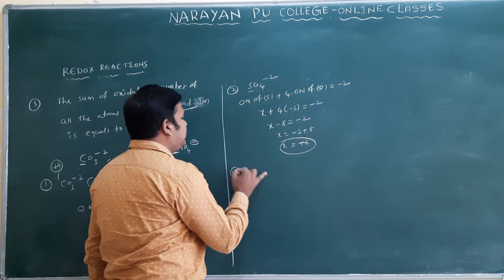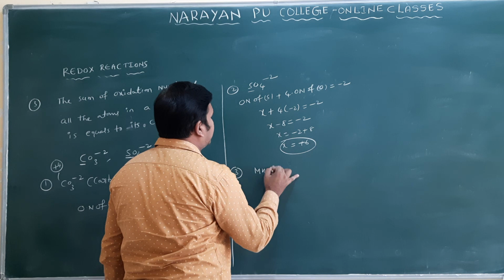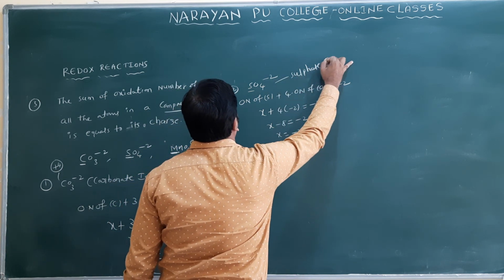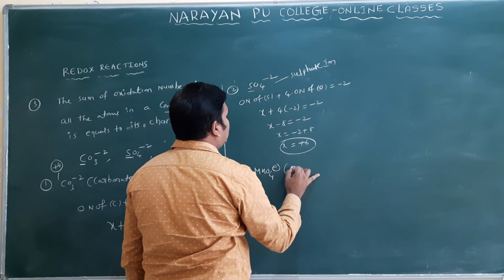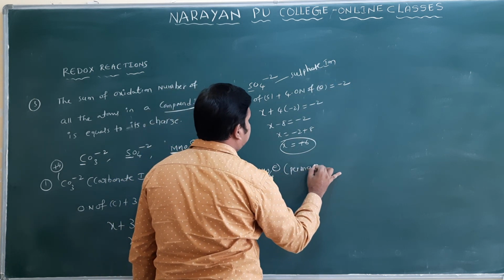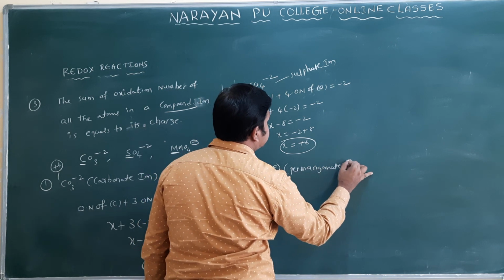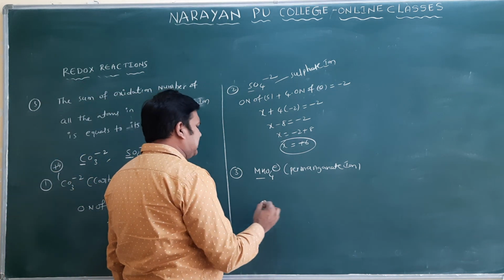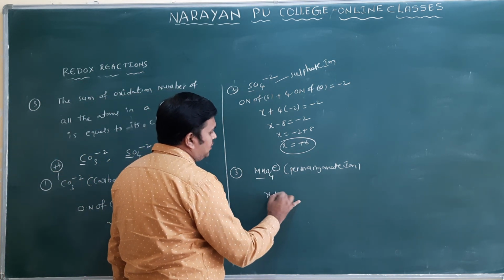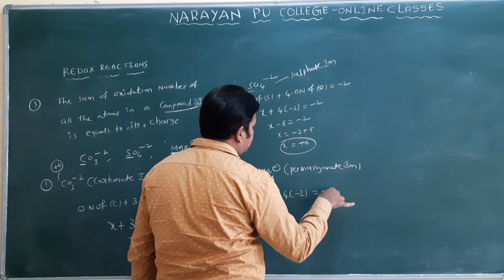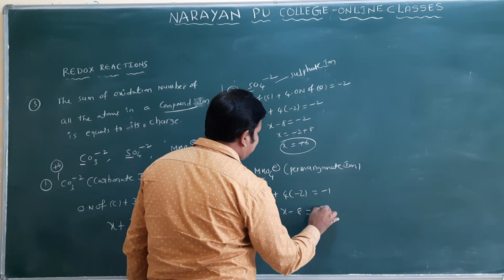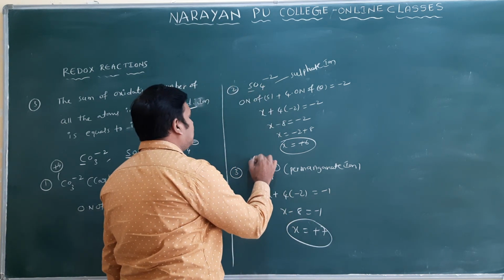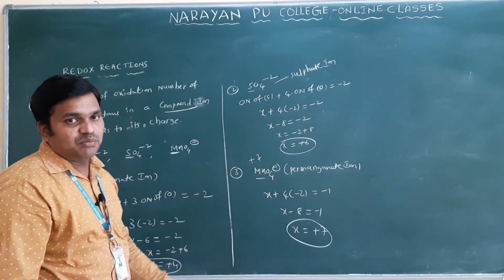So you can see the third one we have, MnO4 minus. So this is what ion? Okay, MnO4 minus, it is a permanganate ion. Here the underlined element is manganese, you can find out manganese. Directly I am writing here only. Manganese we will take x only, plus 4 into minus 2 is equal to minus 1. x minus 8 is equal to minus 1. x equal to how much? Plus 7 only. So what is the oxidation number of Mn in MnO4 minus? Plus 7 you will get only.